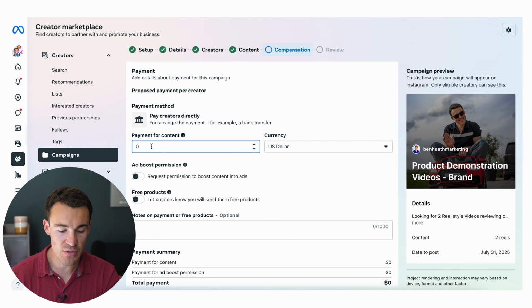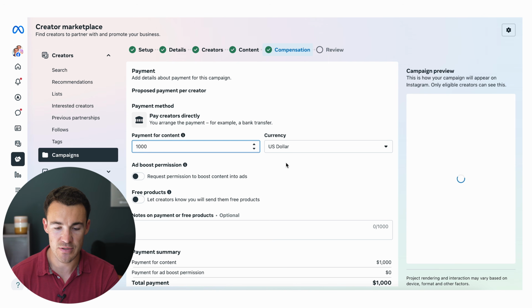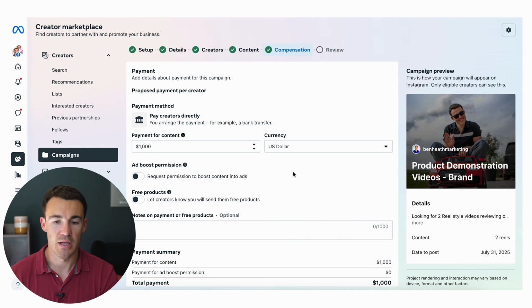Okay, we want 2 reels. Let's say I'm willing to pay $1,000 as an example. Like I said, recommendations typically start small, look to scale up, work with larger creators, et cetera. And because you are making this discoverable, in this example, this is going to be more difficult when it comes